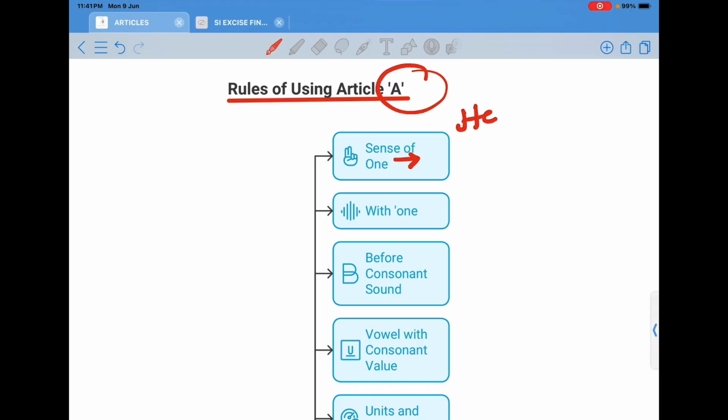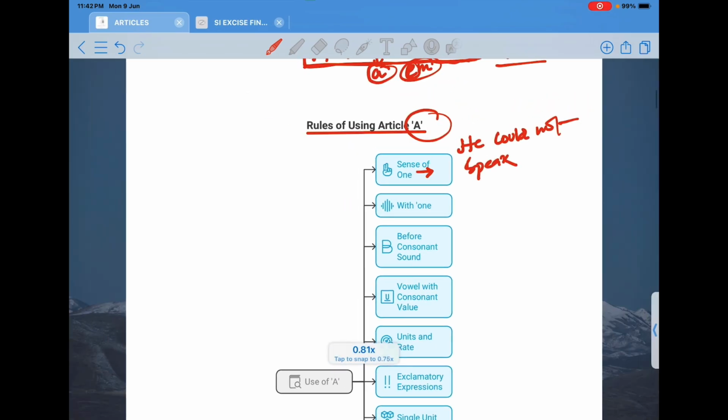So here he could not speak a word, a word to save himself. So there is a sense of one. So in this situation you will use a. Next,